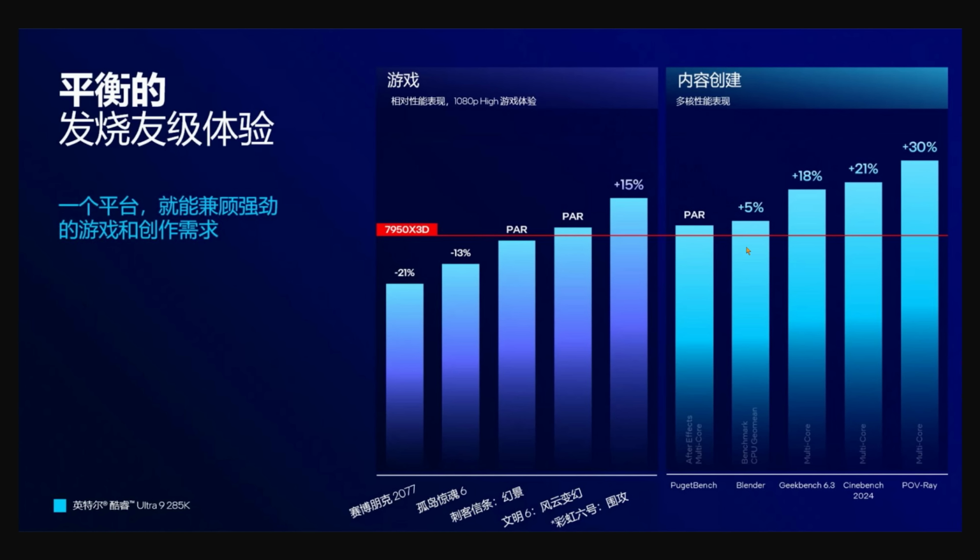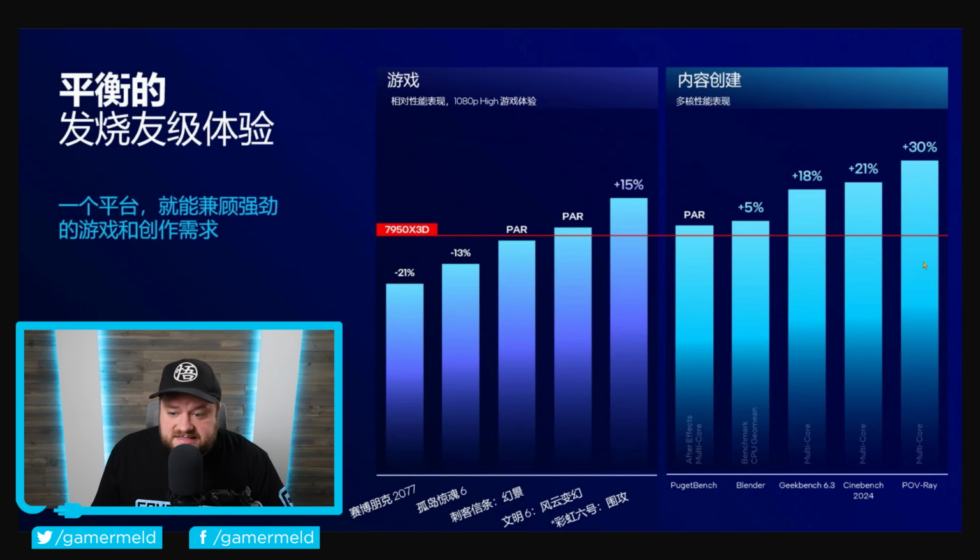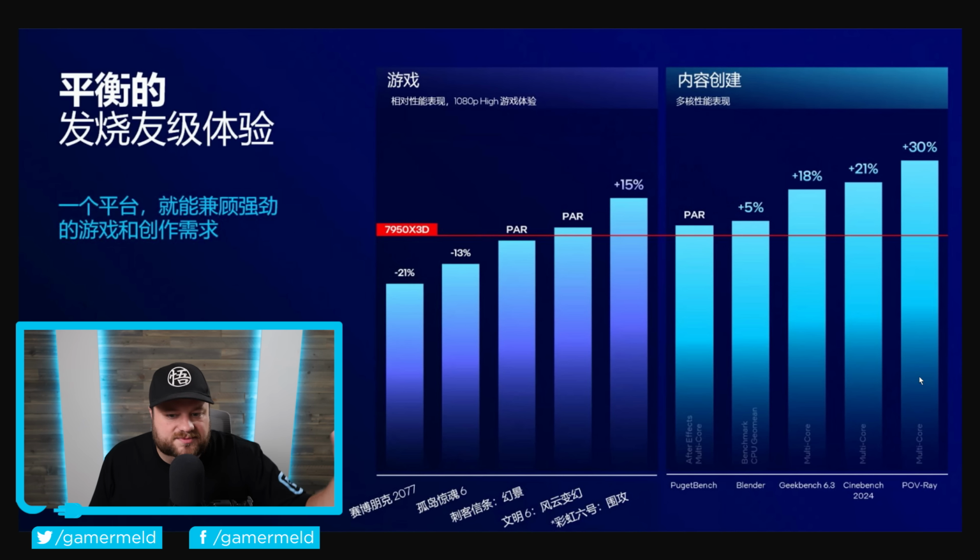But when we look over here, you can see we have Puget Bench, Blender, Geekbench, Cinebench 2024, so these are obviously all professional workloads, and here, Intel's CPU crushes AMD, given these benchmarks are right. I mean, we're talking upwards of 30% more performance in POV-Ray. Basically, this is looking like it might be really good for professional workloads and okay when it comes to gaming,